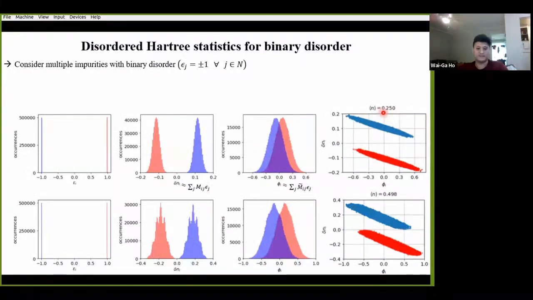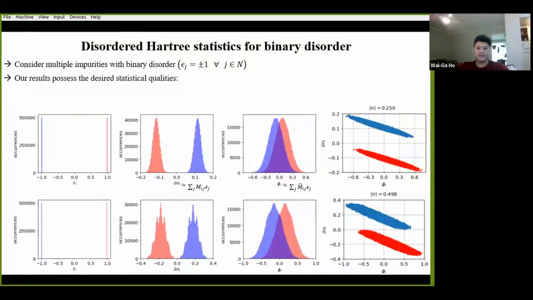Now, at half-filling, when the screening is sufficiently strong, this means that only the nearest neighboring sites are going to be affecting me and contributing to my sums. In this case, the disordered Hartree statistics can develop some more non-trivial features, like these spikes and these horns that we have over here. And these presumably have some additional dependence on model details, like crystal geometry or the disorder profile of impurities, etc. All right.